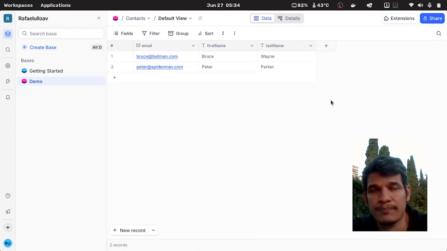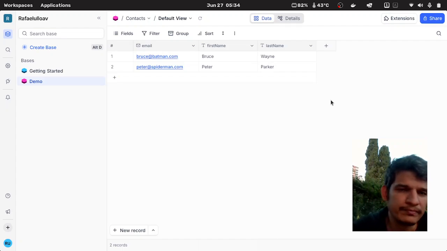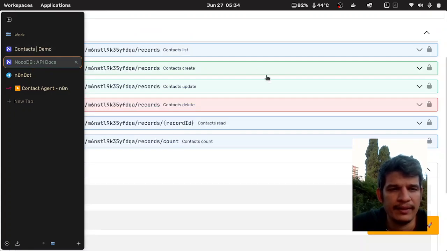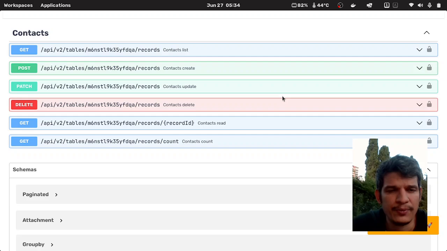Think of it as Excel or a Google spreadsheet on steroids. There are really smart spreadsheets, and the most famous one is Airtable, but I'm using this alternative called NocoDB. It's really good, especially for research and development, and it has some APIs for interacting with